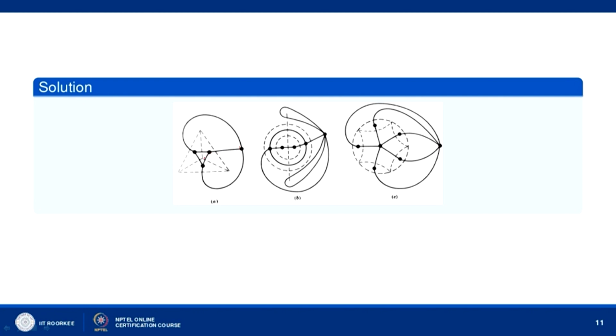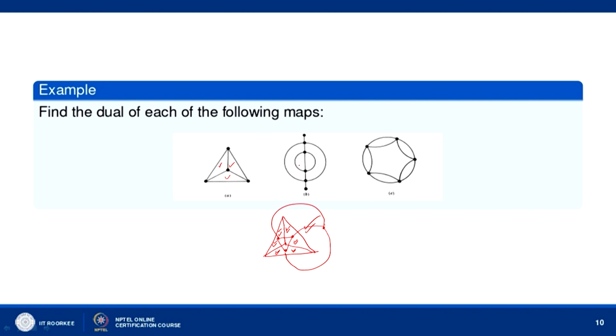Now, let us consider this one. In this graph, how many regions are there? One region here F1, this region, and one region here F2, and then one region here F3. No, we have F3 only. There are not two regions, there is one region. So, we have F3 only. In the F3 region we have two edges, this edge and this edge.